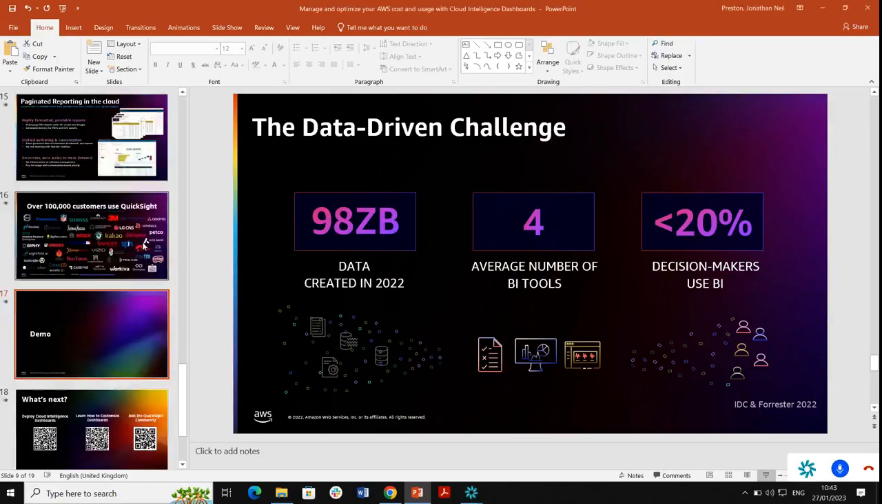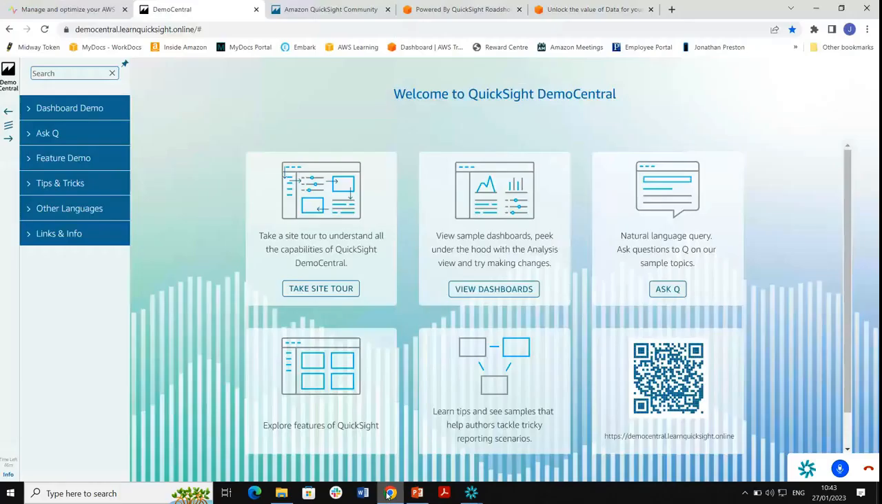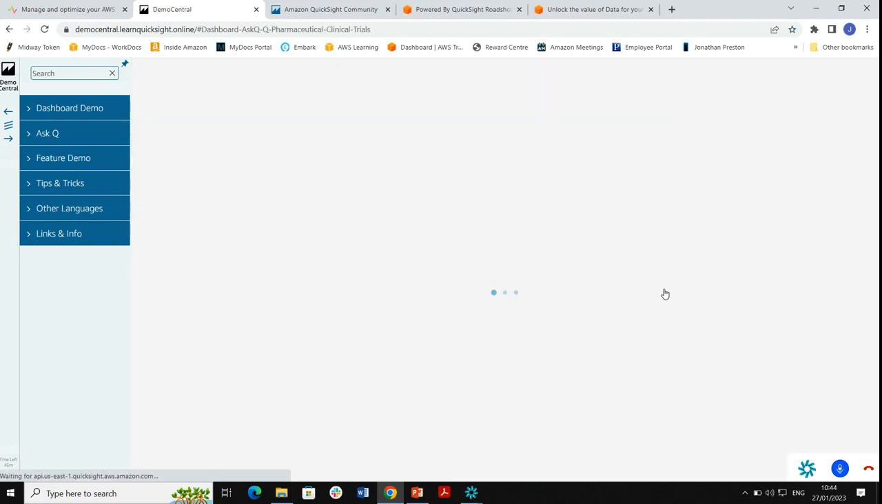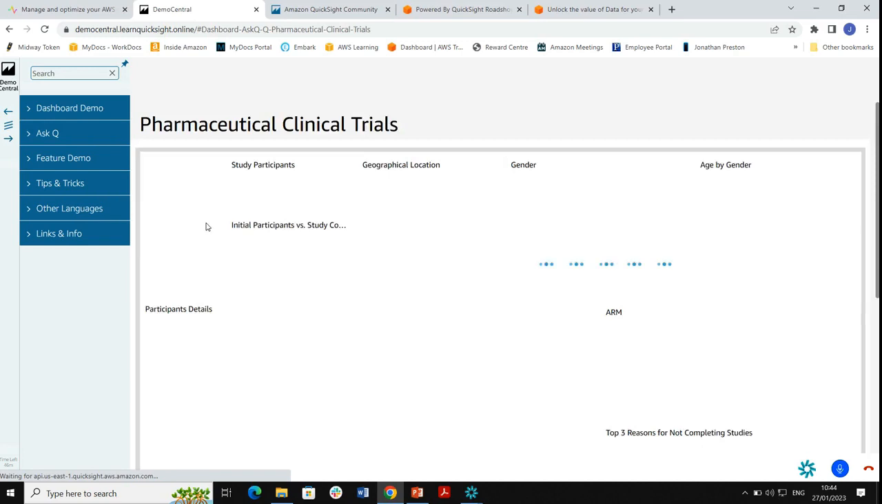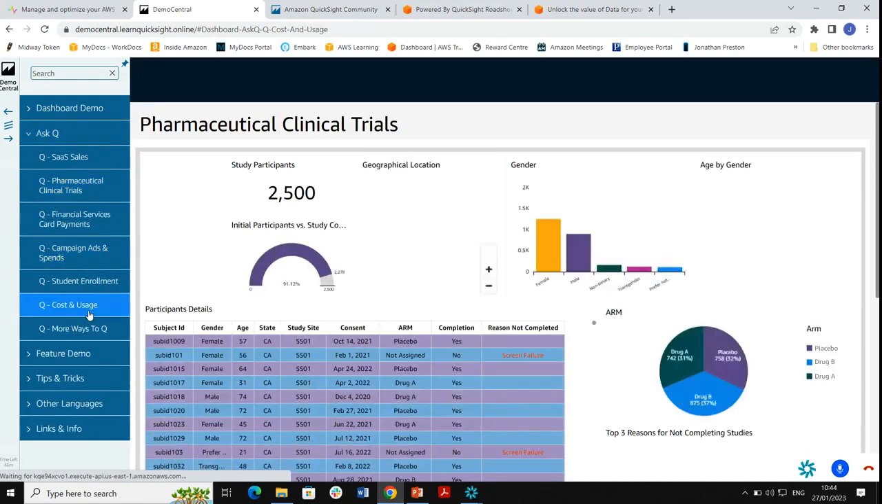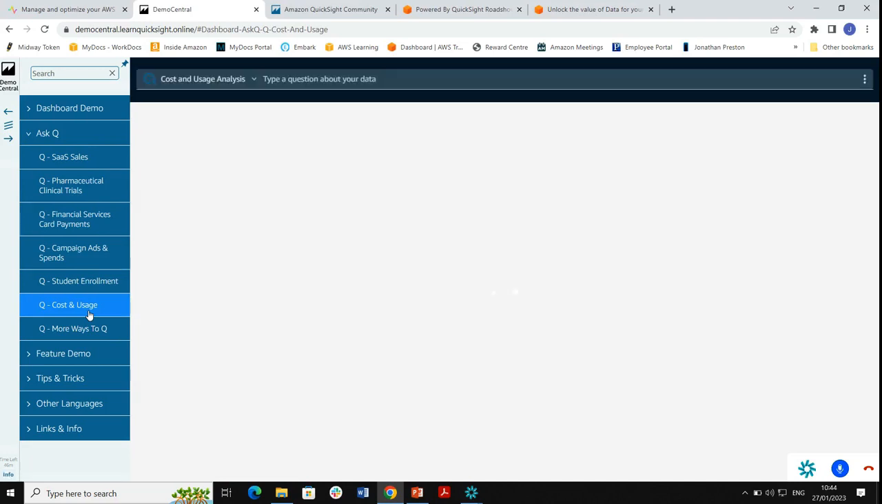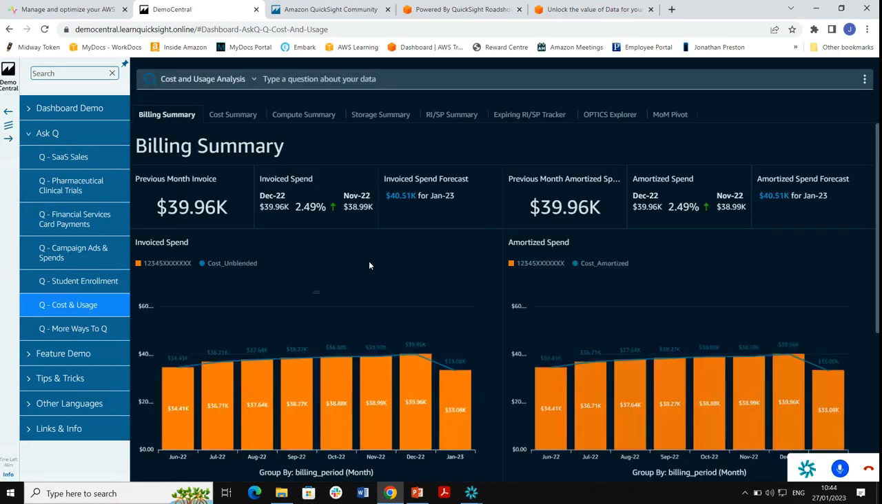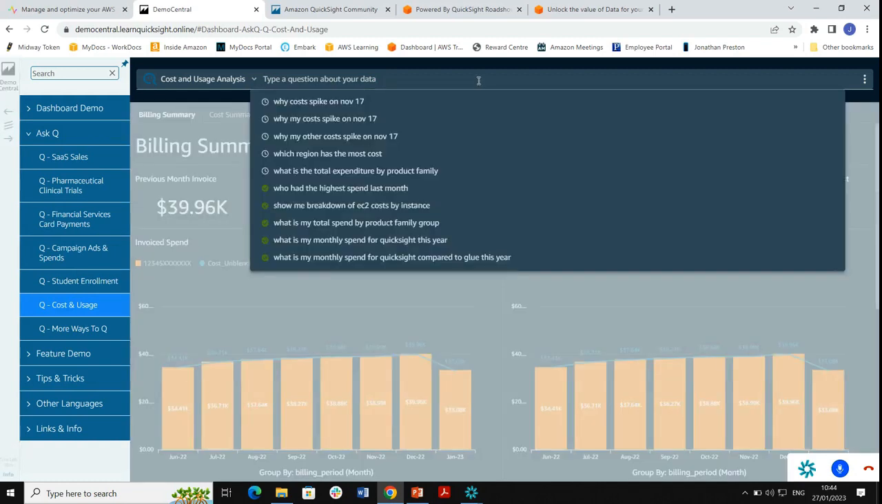Just to show you a quick demo. I'm not sure whether you've seen Quicksite in action, but there's a site called Demo Central. We'll share the links with you. When you come to Demo Central, essentially there's lots of different dashboards and access points to see how Quicksite can be used. But one demo we often get asked for is how do I ask simple questions about, for example, my cost and usage. Yuri's explained to you that you've got Quicksite cost and usage reports, but let's say you have a business user who doesn't really understand the dashboard, but they just want to ask a simple question about the cost and usage. So here with Quicksite Q, they can just say, for example,